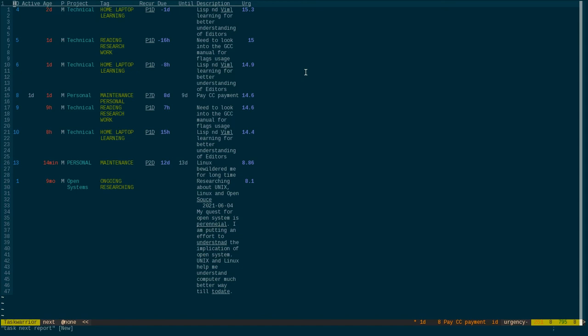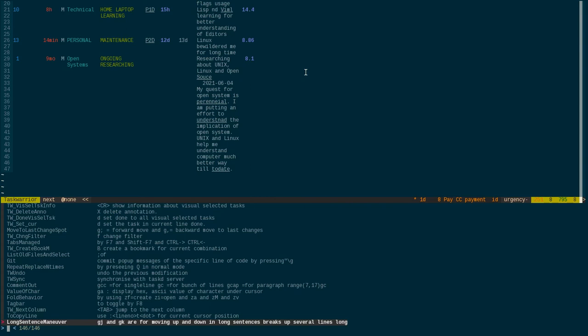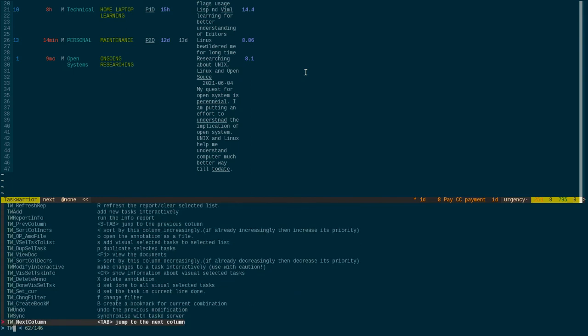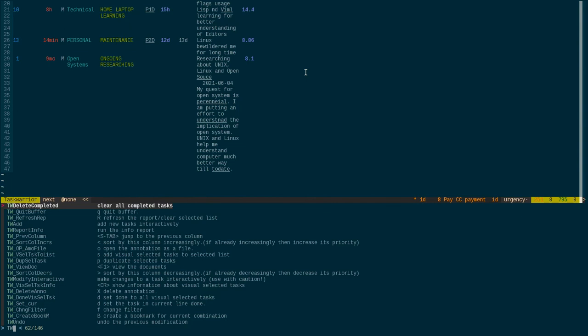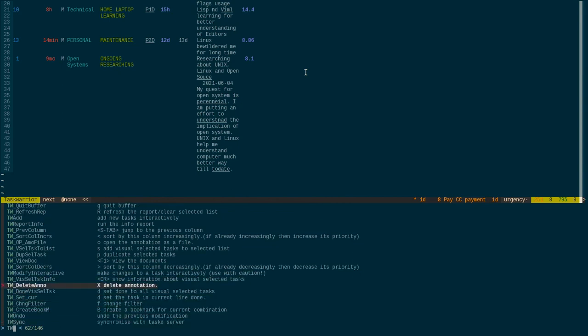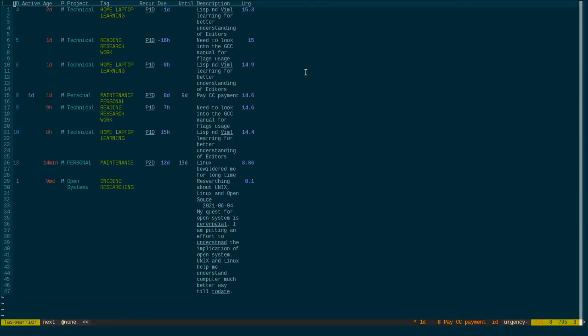If I bring up my help system, and I have prefixed those commands with the capital TW, so it will be easier for me to search, right? If I write TW, it will show me all the variables related to TaskWarrior which are in my help system. So if I forgot something, I'll bring up this help system and find out which command is doing what. So I don't have to trace through my brain to find out what the key combination is and all this stuff. So it is very easy. Okay, likewise